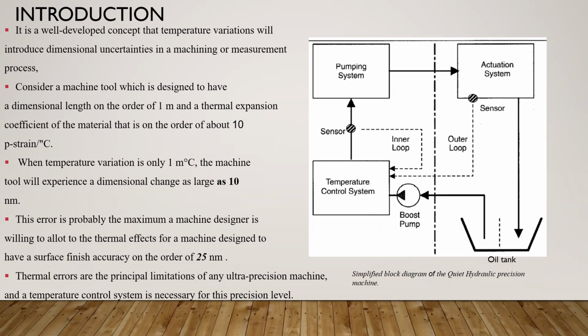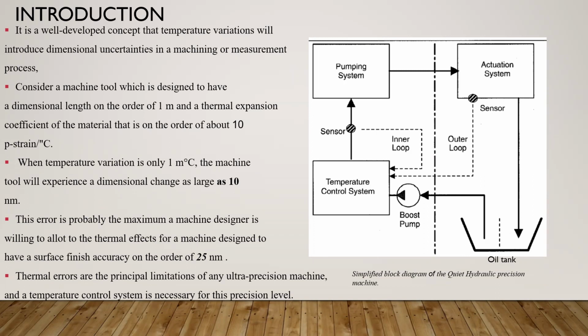When the temperature variation is only 1 mK, the machine tool will experience a dimensional change as large as 10 nm per liter. This error is probably the maximum a machine designer is willing to allow for thermal effects for a machine designed to have a surface finish accuracy on the order of 25 nm. Thermal errors are the principal limitation of any ultra precision machine, and a temperature control system is necessary for this